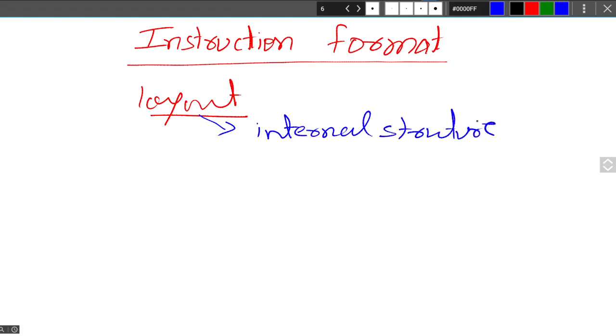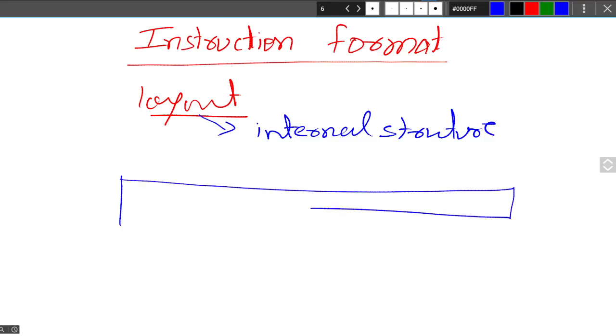So basically, in an instruction, let us fix some size for this particular instruction. It is a sequence of bits, so 1 0 1 0 1 1 1 0, whatever. Shall we fix the size?